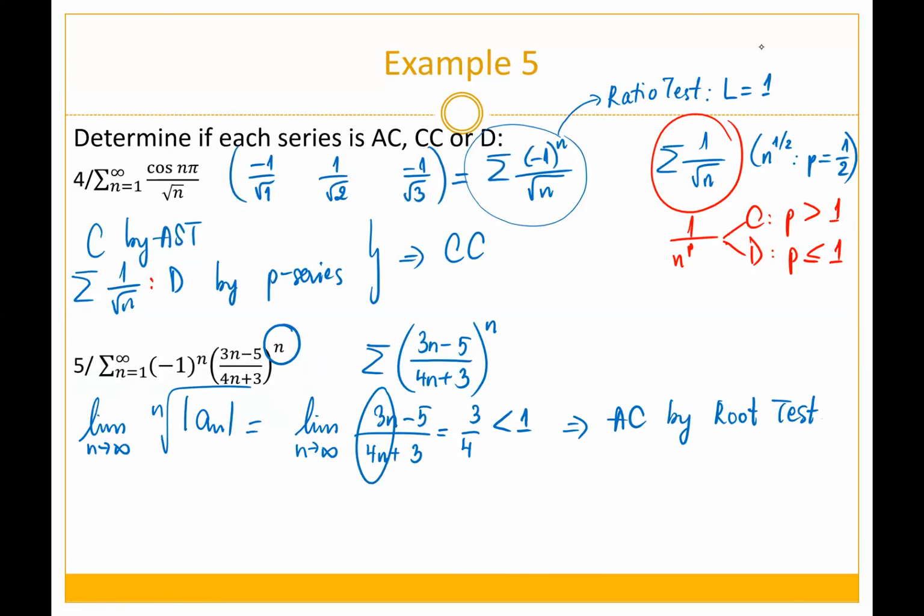Wherever we see a negative 1 to the n, what should we do? When you have negative 1 to the n, what does it give us? First of all, it's an alternating series, so you can use the alternating series test. I would say a very good way is to always use the alternating series test first before you try to